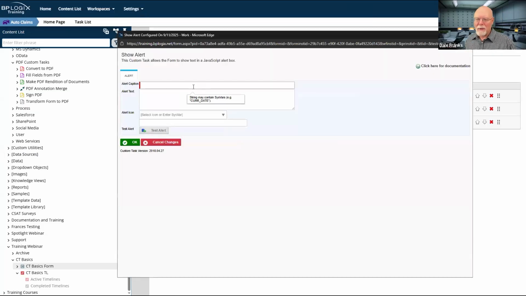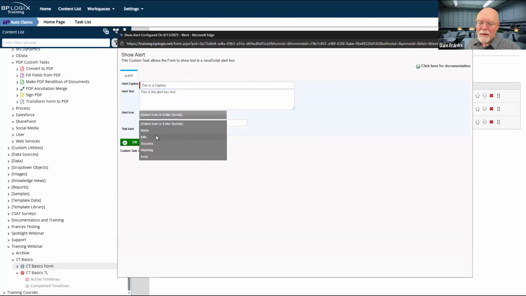And I'm going to take this custom task as a caption. This is going to be the main caption that appears for the alert box. And this is the alert box text. And there are a couple of standard system icons for this.